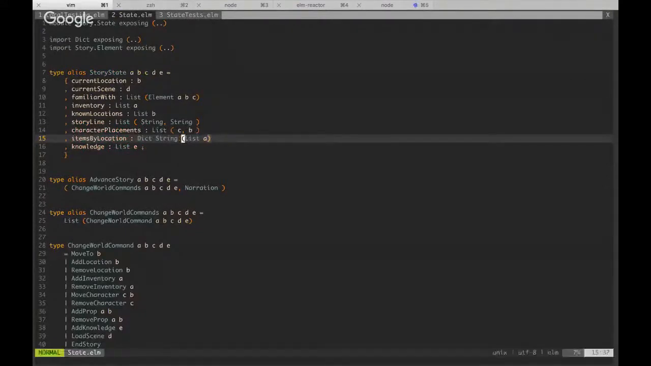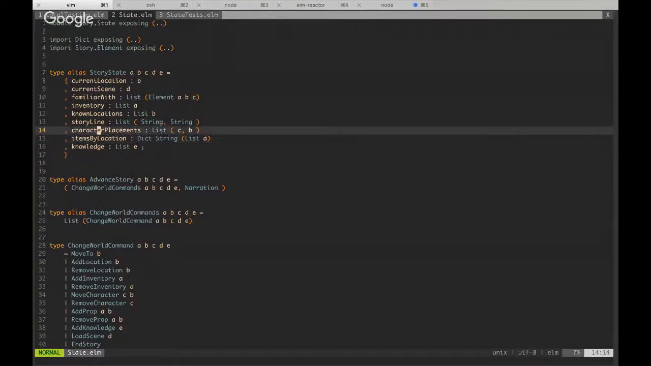You can see that I've changed this now, and I will later have to do the same thing for items, but let's just focus on characters for now. So I've changed it to character placements, which is a list of tuples of the character and the location that character is in. And this isn't a fantastic way of representing this either, because even though just this tuple